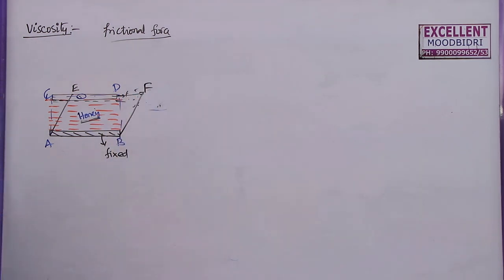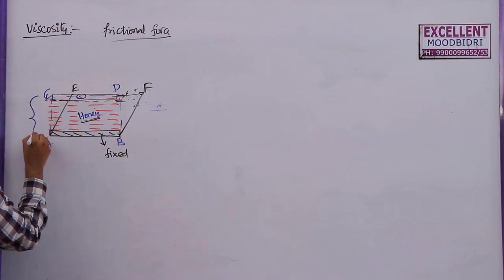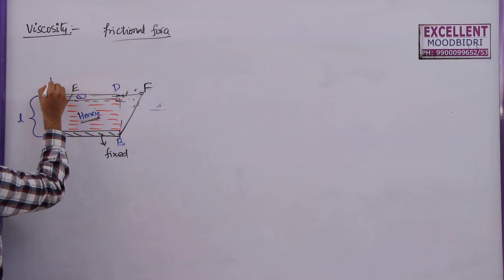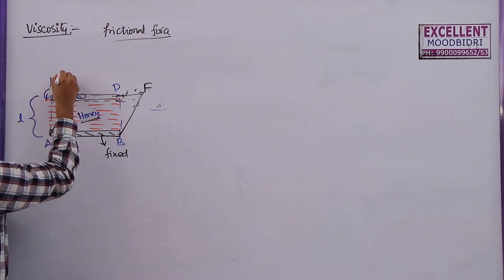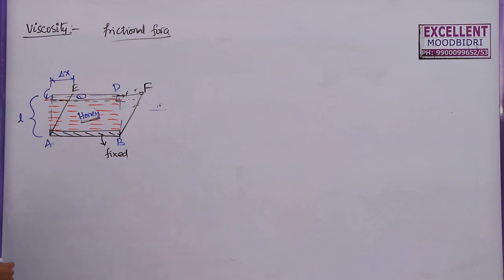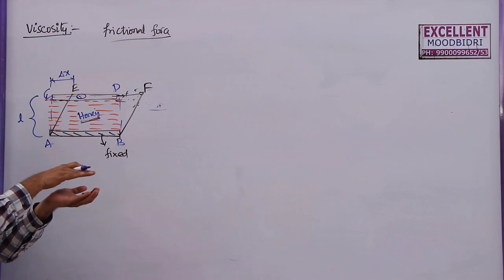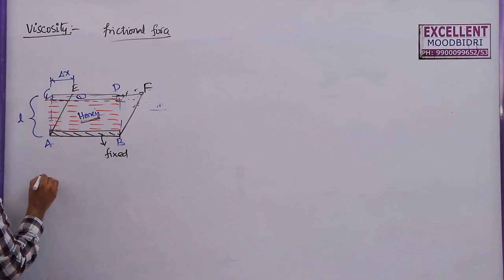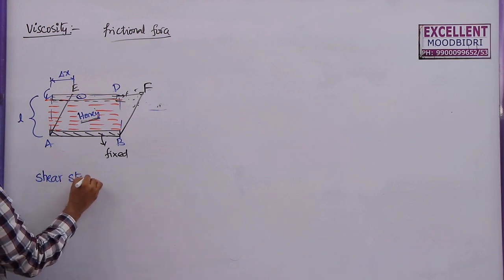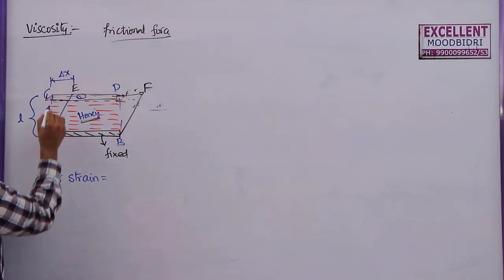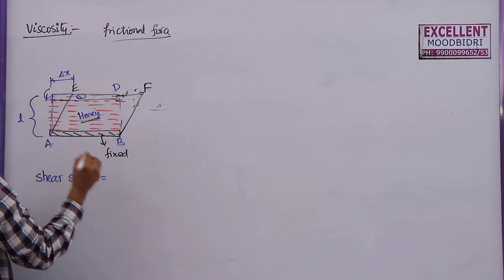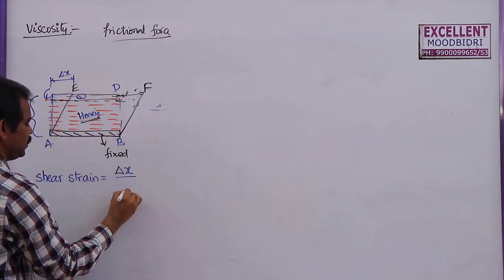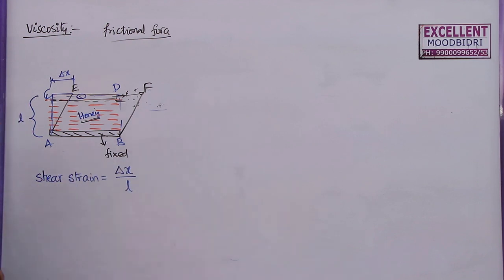Now in this case, you can see the height of this liquid column is L, and the change in the position of this point, let us say along the x-axis, is delta x. In solids also we discussed this one. If you keep a book and apply tangential force on the upper surface, the book pages will change in this pattern. So this is called a tangential or shear strain, which is given by the change in position divided by the height, that is delta x by L. So this is called shear strain.